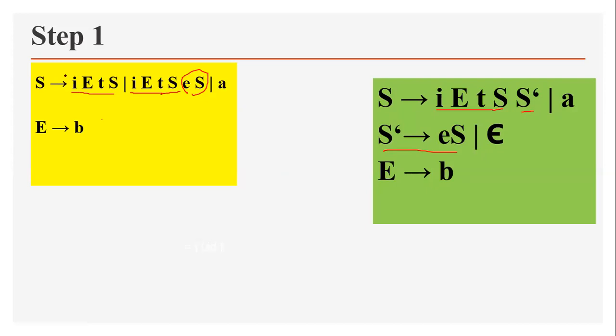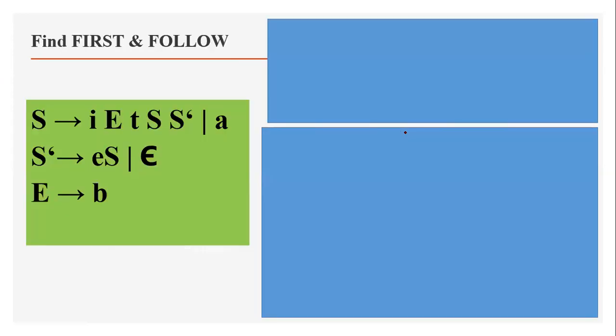Okay, so that's what we have written here, and this production E derives b as it is, and this a as it is under S. So now it is left factored, which suits for processing. Instead of directly processing a grammar which is not left factored, you have to make it like this, and then you have to find first and follow. After making this left factored, we'll find first and follow. Finding first is easier, especially first.